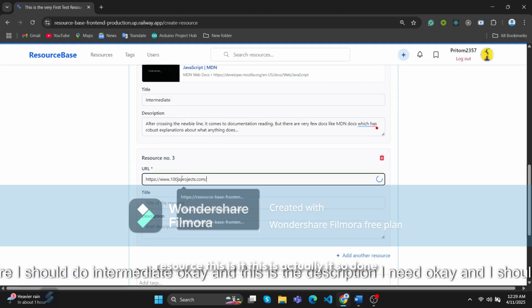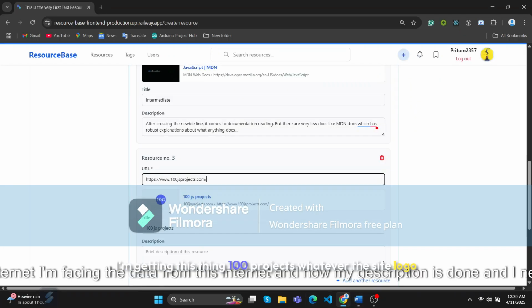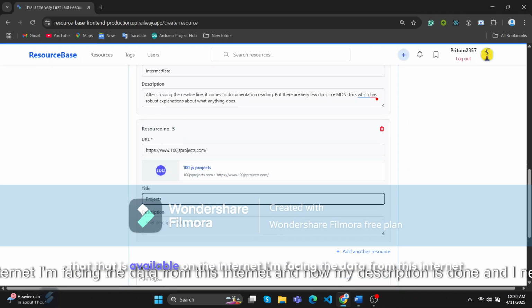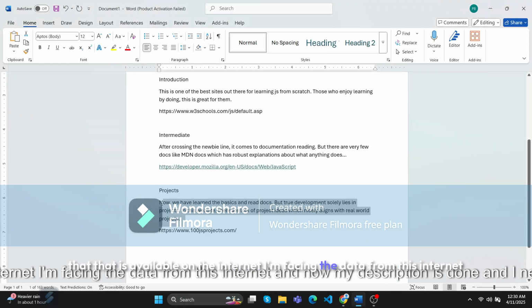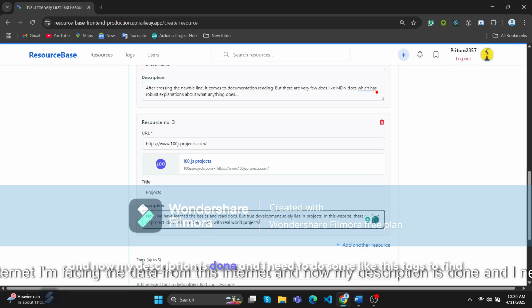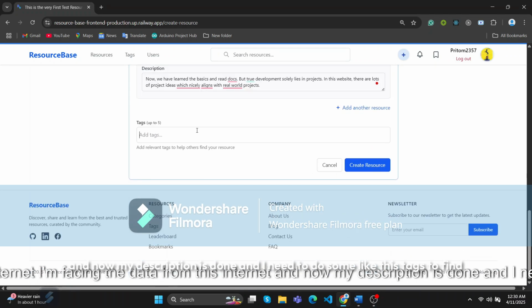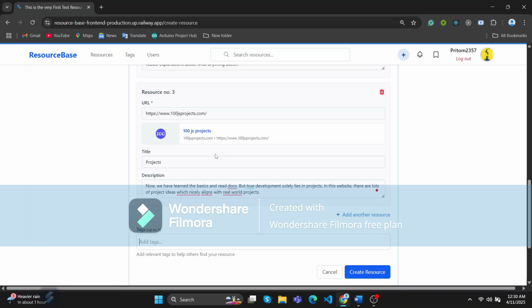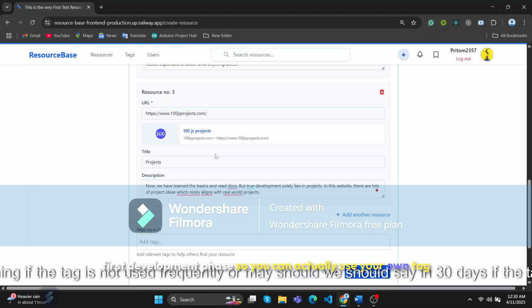So done. I'm getting this thing, 100 projects, whatever the site's logo that is available on the internet. I'm fetching the data from the internet. Yep, done. And now my description is done, and I need to use tags to find these resources more easily. This is the first development phase, so you can actually use your own tag